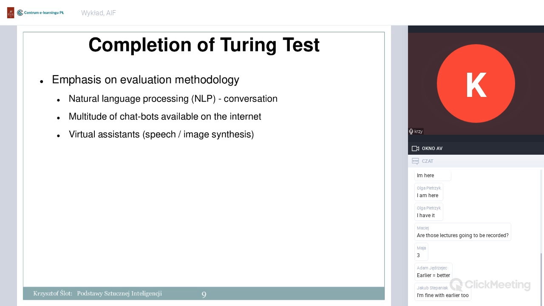So these three, let me elaborate a little bit on these three different definitions and the directions of research that they imply. This Turing test definition is focused on evaluation methodology, and it is basically addressing the ability of the algorithm to understand natural language and to use this natural language. So that's why NLP, or natural language processing, here is the focus of